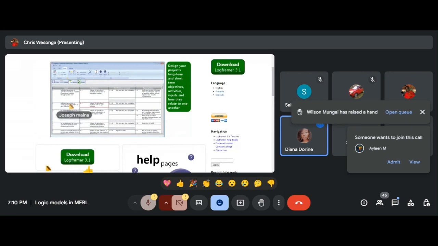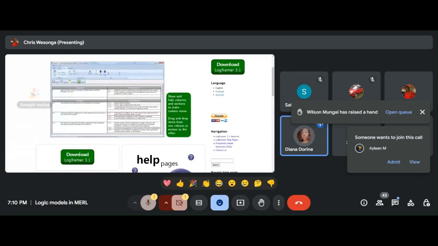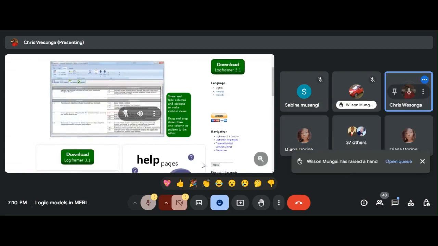We have Maggie Shemerirwe. She's asking about what tools